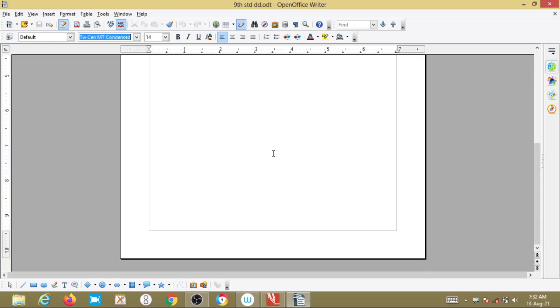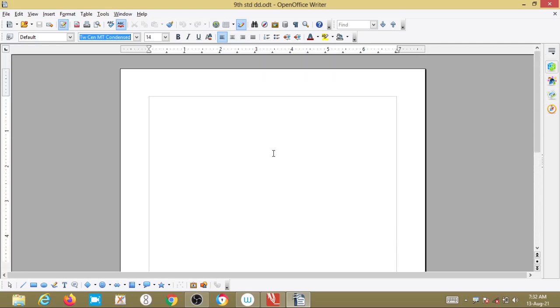Now we will see one by one what things a particular bar contains. This is the title bar. What does the title bar have? It has the name of your document. Once you name it, it will show whatever name you have given. If you have not given a name, it will display as a new OpenOffice Writer document. You will get a name like this. Clear?